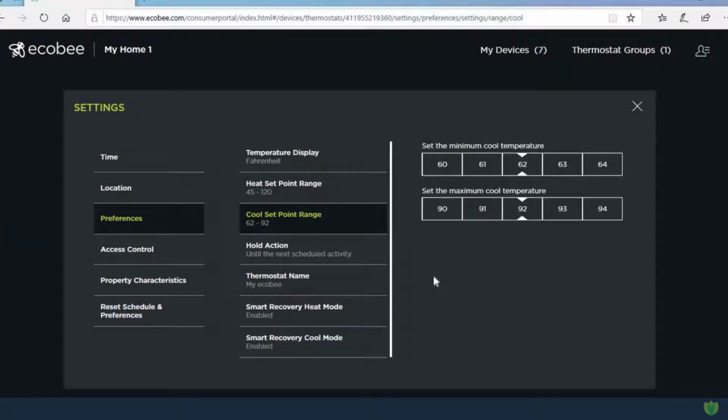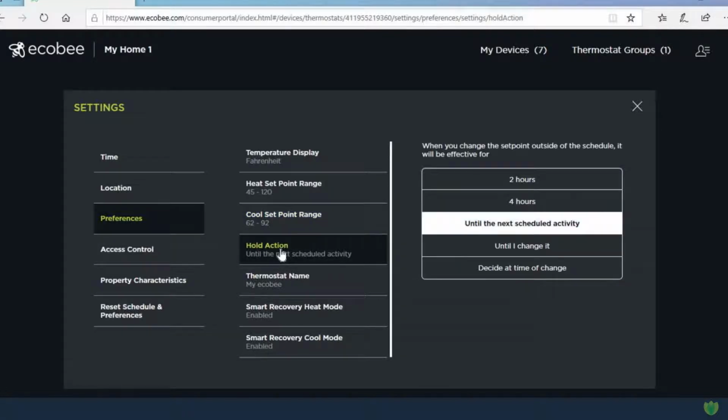Next, with your hold action. So this is something that is probably pretty important when you're holding classes. You're going to want to choose the option, make sure that it's until the next scheduled activity. So once you've got until the next scheduled activity selected here, this means that when you set up your schedule, the set point hold is always going to revert back to the schedule once you move into that next scheduled